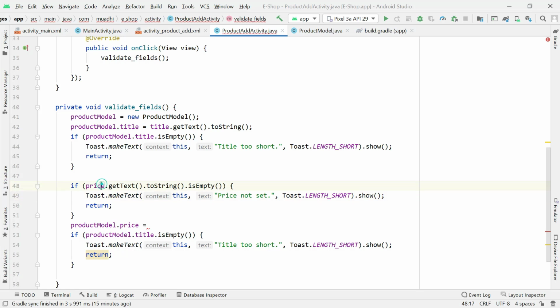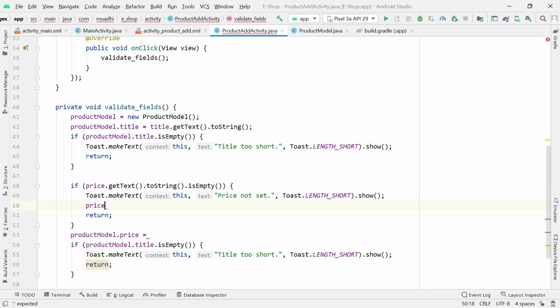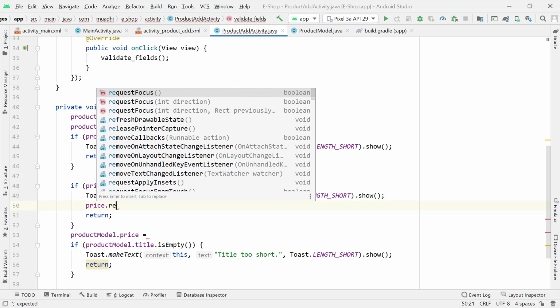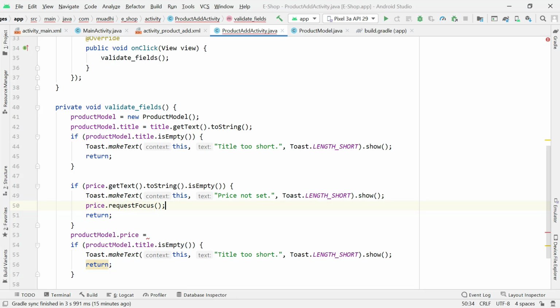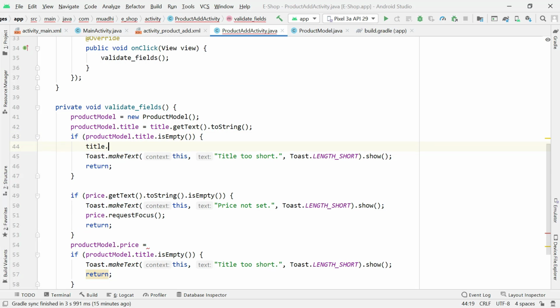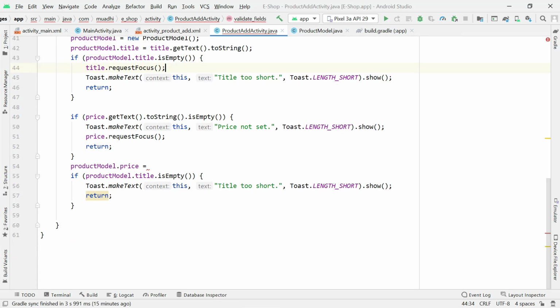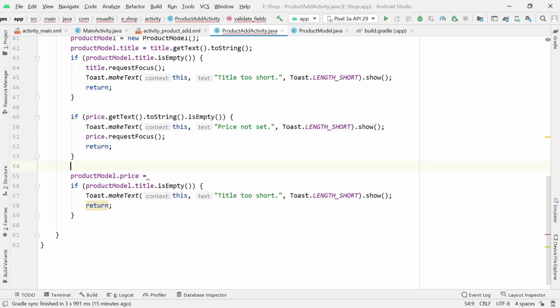So I can still go ahead and put the user to a focus where I want him to be. So just put here price dot requestFocus, and it will make the user get focused to the place that I want. So let me do the same here, it's going to be title dot requestFocus. Okay, so after doing that, we'll go ahead and get the price in case it passes here, right? So in case it passes here, we then simply say integer